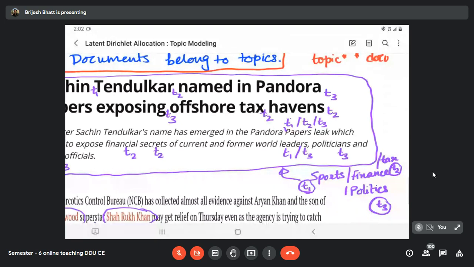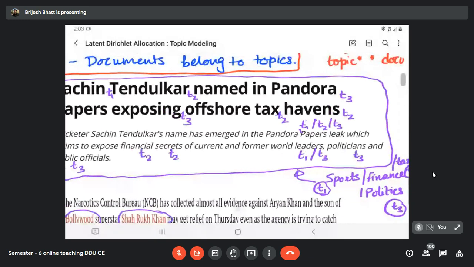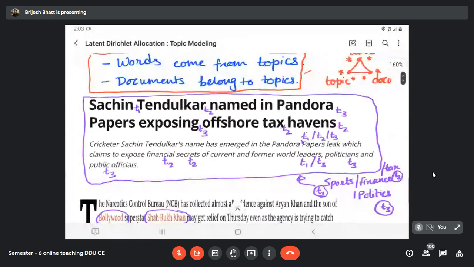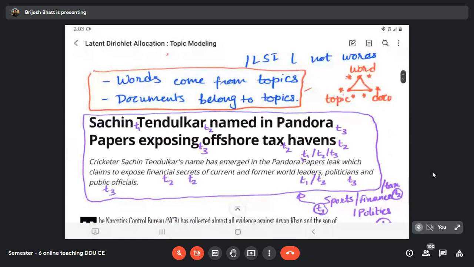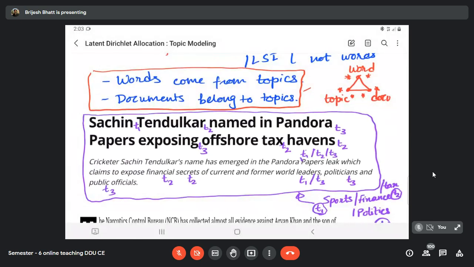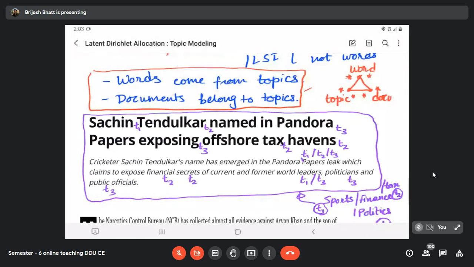This can also go as finance because it talks about taxes and the problem with the tax payment and all that. And some might also argue that it is a political article because a lot of politics is also involved in this. So usually the sports people, finance people, and politicians might be interested in this news. How do we know that these are the three categories of this document?